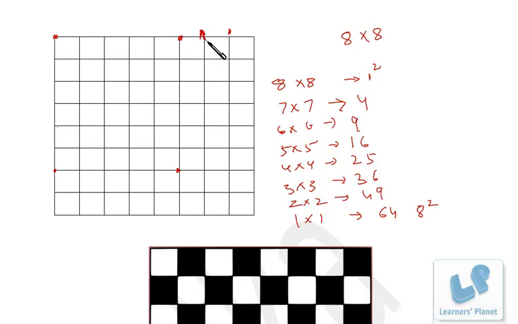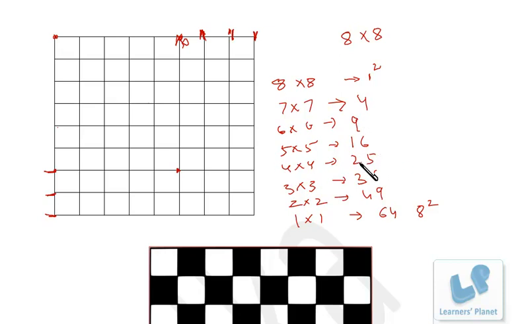Sorry, this is the first. First will end over here, not this. Second will end over here, third will end over here, right? Similarly, first will end over here, second will over here, third will over here, right? So this is 3 steps to the right side and then 3 steps downwards. Okay, so 3 by 3, 9 squares will be there.